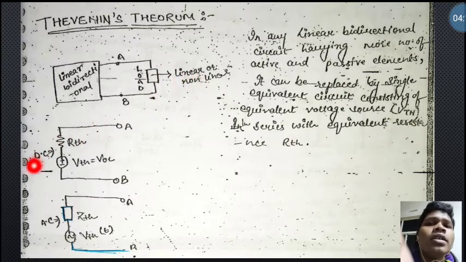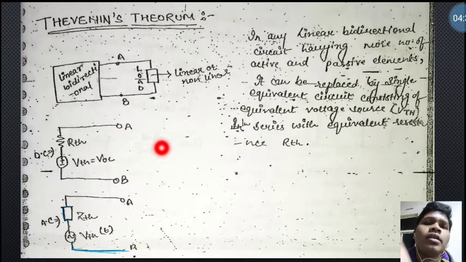First, this is the DC voltage source, and this is the AC voltage source. In the case of DC, VTH is equal to VOC, the open circuit voltage, and the Thevenin's resistance is connected in series, with points A and B where we can connect the load. And here it is ZTH because we are taking an AC circuit. Why ZTH? Because resistance, inductance and capacitance, three elements, are connected to each other.